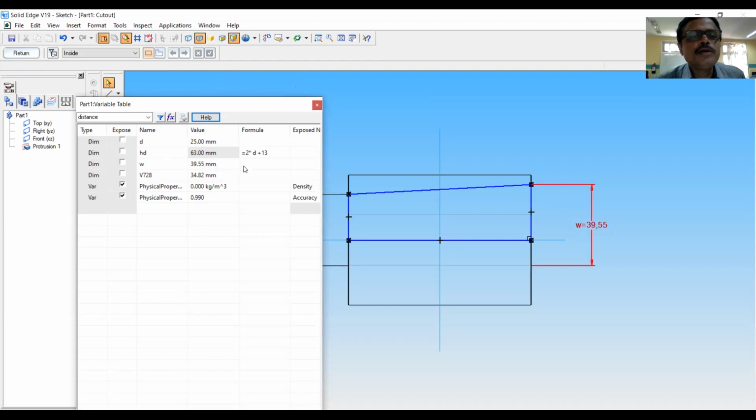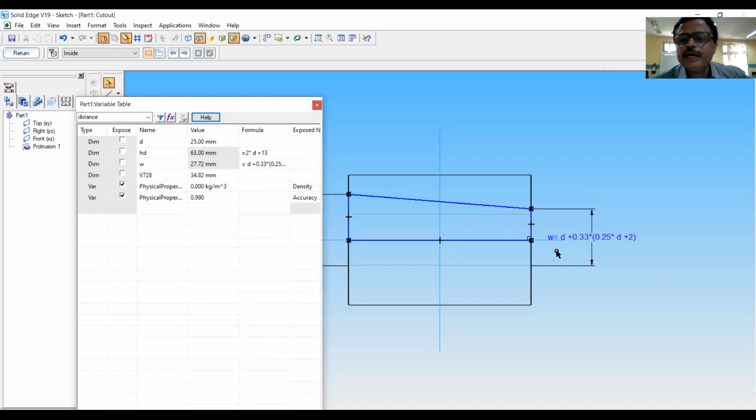W is equal to D plus bracket D plus 0.33 multiplied by 0.25 into D plus 2. This is the equation related to width of the key. Now you can see the calculation is done. Value is also coming, and here that equation is appearing.